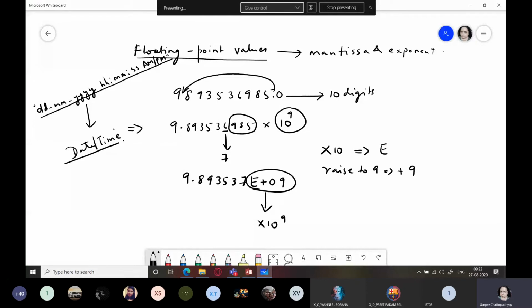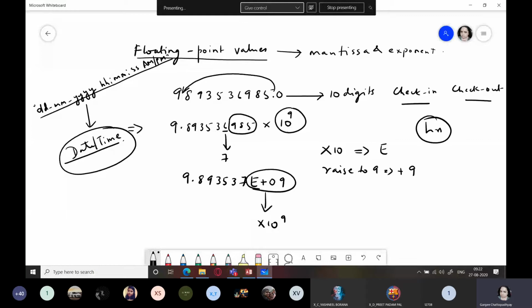And you can also perform some operations on date and time. Suppose you are creating a hotel database where you have a table named customers, and you have two fields, check in, check out. Now you want to figure out how many hours the customer spent in the hotel room. So for that, what you need to do is check out time minus check-in time. Understood? And you need to figure out the exact number of hours.